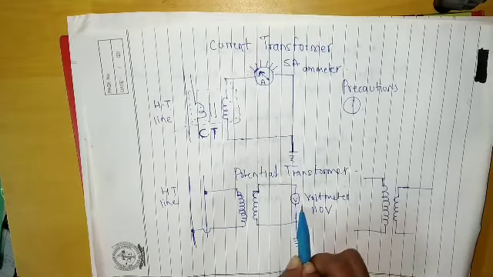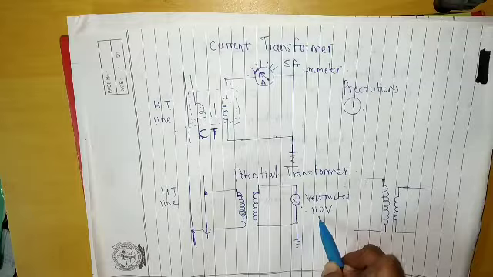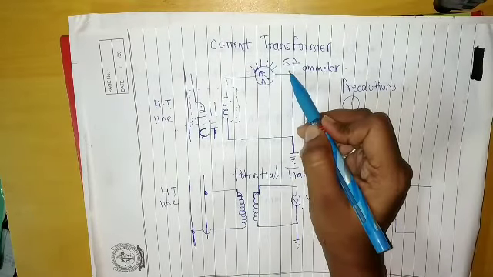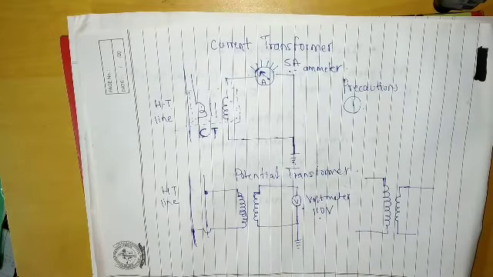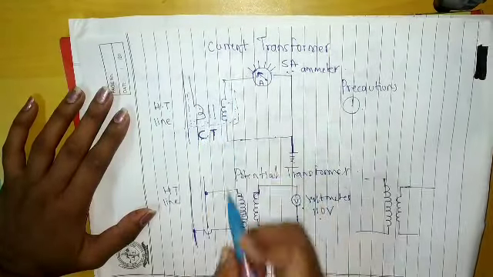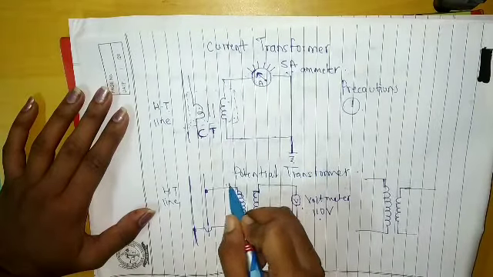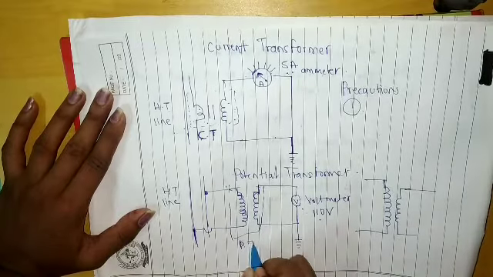So this is a low range voltmeter of 110 volts. Similarly, we are using our ordinary ammeter, that is a low range ammeter, right? Why is it possible to use them? Because of the current transformer and potential transformer. So this is the potential transformer, this is PT.